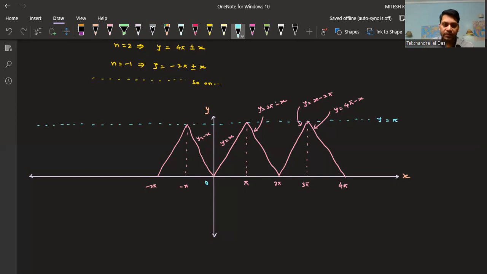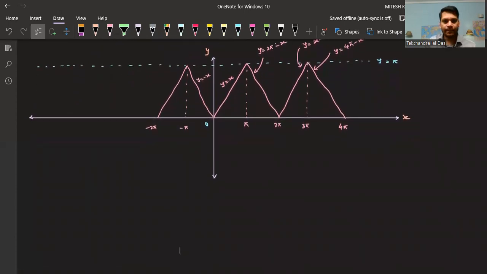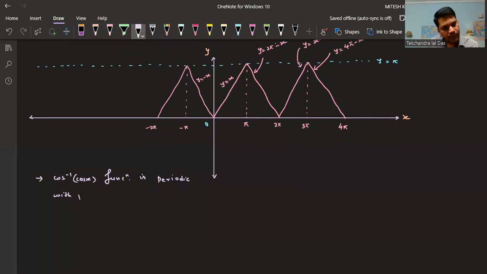So let's try some observations about this graph. We'll write some observations here. First of all, the first observation is that the cos inverse cos x function is periodic, with period 2 pi. Next, we can observe that for 0 to pi,